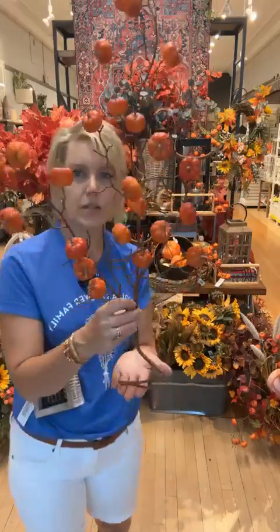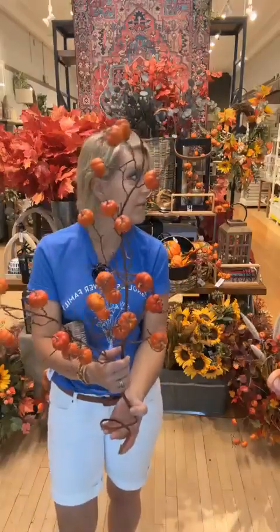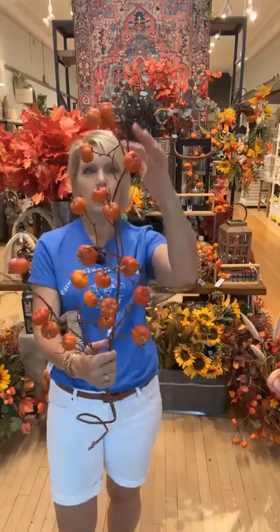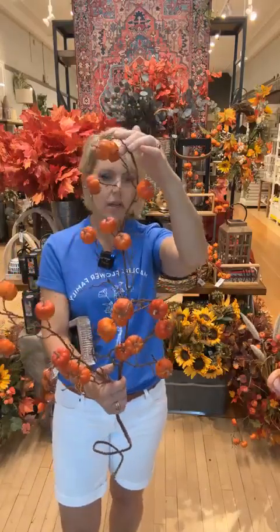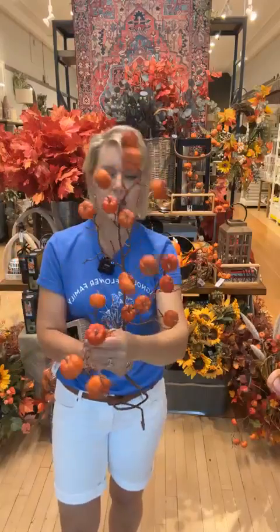It's the mini pumpkin stem. Here's how I shaped it. I spiraled the base and stood it up in a lantern. It is 18.50. This is probably about 18 to 20 inches tall, as I've spiraled the base, and it just could nestle